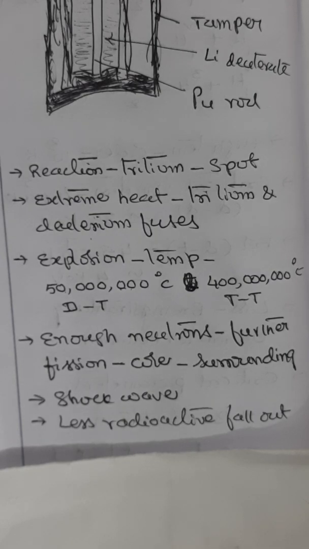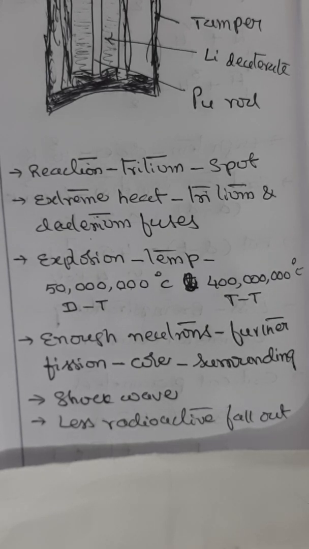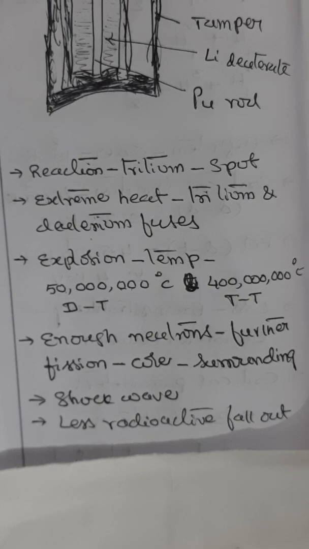In the extreme heat which exists in the bomb, the tritium fuses with deuterium in the lithium deuteride. The atomic explosion also supplies the temperatures needed for the subsequent fusion of deuterium with tritium and of tritium with tritium. For example, for deuterium with tritium, the temperature supply is around 50 billion degrees centigrade. Similarly, for tritium with tritium, approximately 40 billion degrees centigrade. So enough neutrons are provided in the fusion reaction to produce further fission in the core and to initiate fission